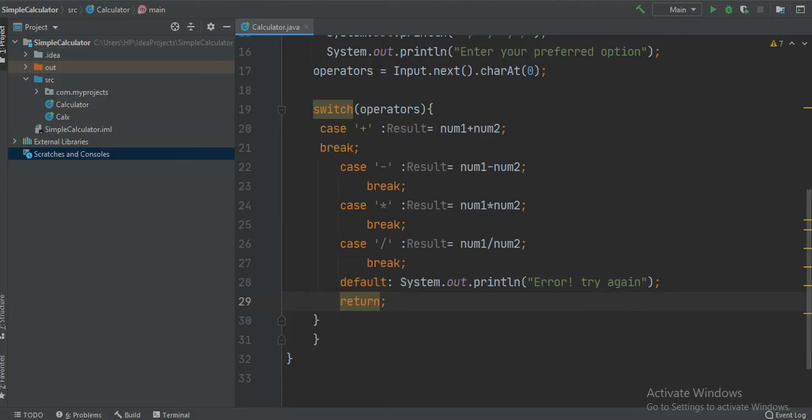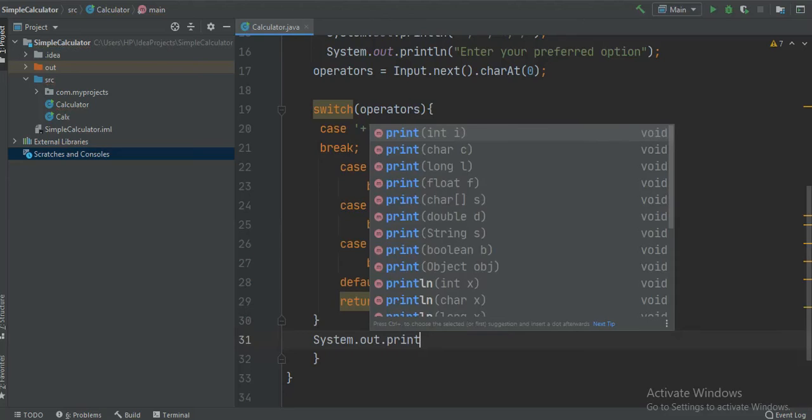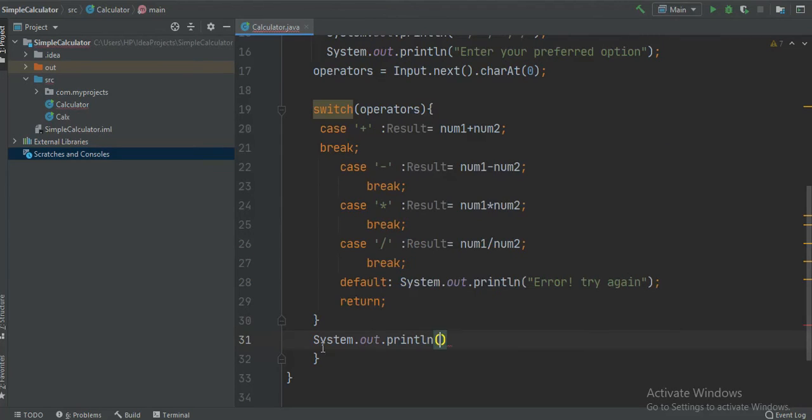Okay, now our last work is going to be to print those values, that is, print the result to the user. To do that, let's say system.out.println, and in the brackets let's say num1, and then put this plus sign to combine the other message.